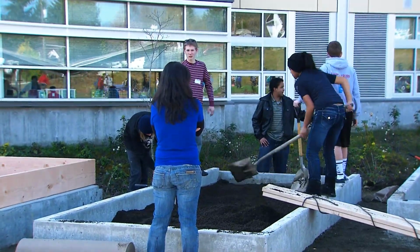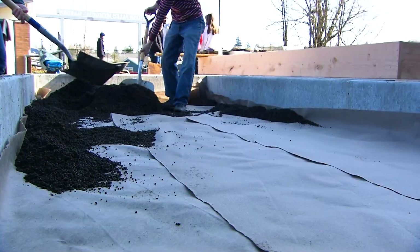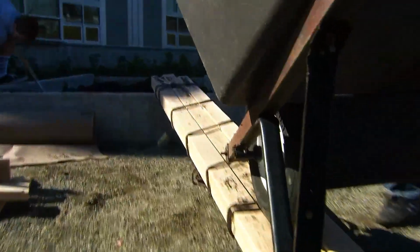What are you hoping for? I'm hoping for tomatoes more than anything. I don't like tomatoes. What do you like, man? What are you going for? What are you going for then? Lettuce? I like lettuce. Harvest time is still a ways off, but meanwhile, everyone is working together, building a good